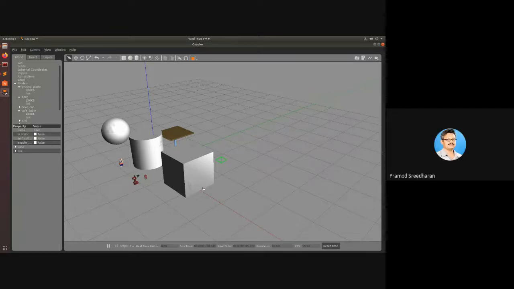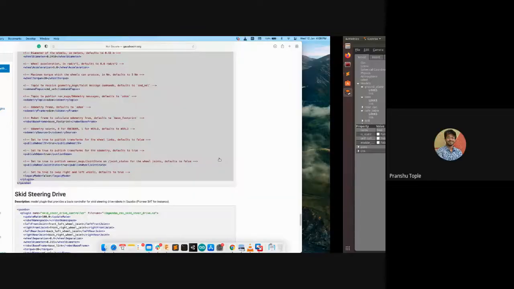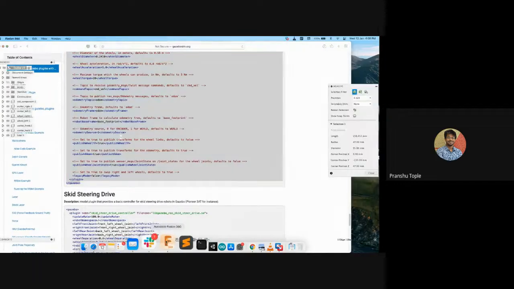The same simulation is not available in Fusion 360? No. Fusion 360 is a CAD software. Everything about computer-aided design is there in Fusion 360. For ROS simulation, you need Gazebo. But some other types of simulation, like stress simulation and motion simulation, are there in Fusion, because they are related to CAD.